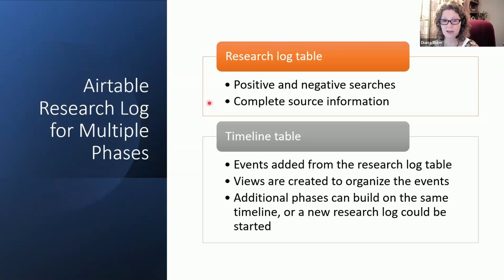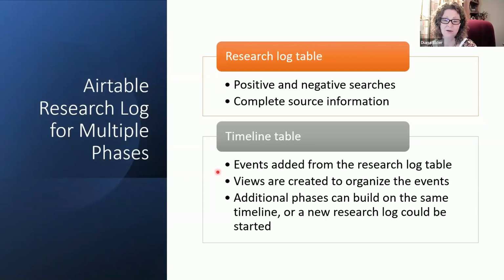But when you do find a record that does apply to your ancestor, to your research objective, then you're going to want to add that to the timeline. And these two are linked in Airtable in our base that we use. And so we can easily just bring over any information we've discovered in our research to the timeline. And we just add these events. The sources are right there still in the research log,